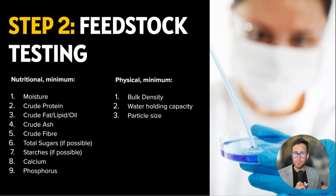And at a minimum, the nutritional testing you want to do of the waste, which is going to, again, enter into your spreadsheet or your feedstock matrix, is going to be things like moisture. You want to know how much protein is in there, fats, carbohydrates, ash, fiber, sugars. You're going to want to know some calcium and phosphorus as well, ideally. And you can just enter those data points in, and that will be used later